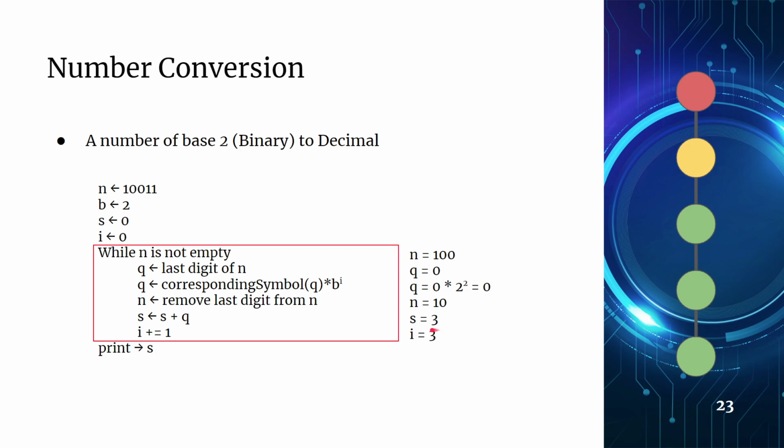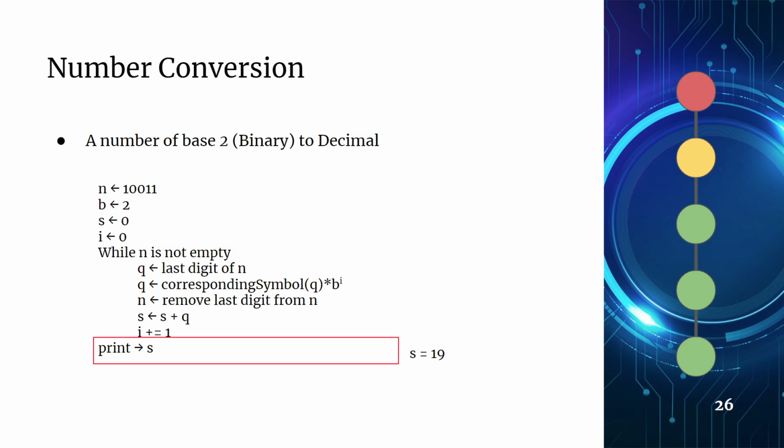N will become 10 by removing the last digit. S will become 3 because 3 plus 0 is 3, and I will be increased by 1. Thus another loop continues. Take your time, understand the process is actually the same, and thus it goes on until finally,